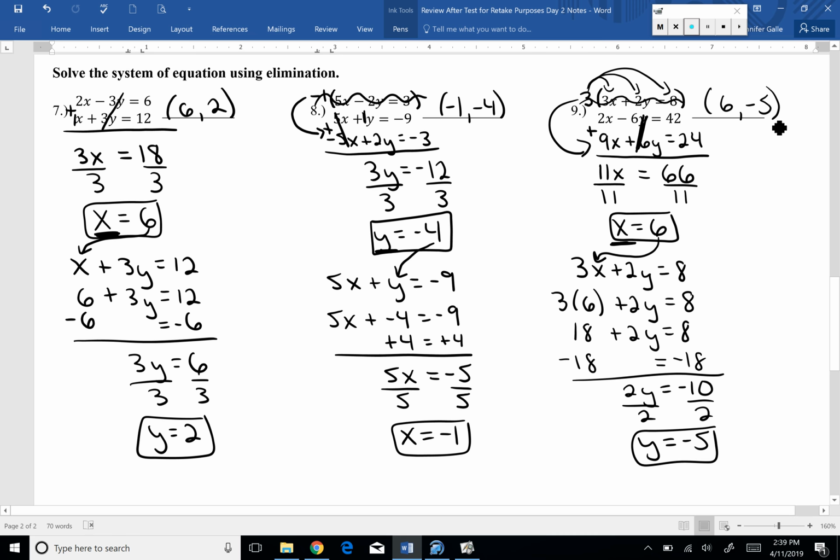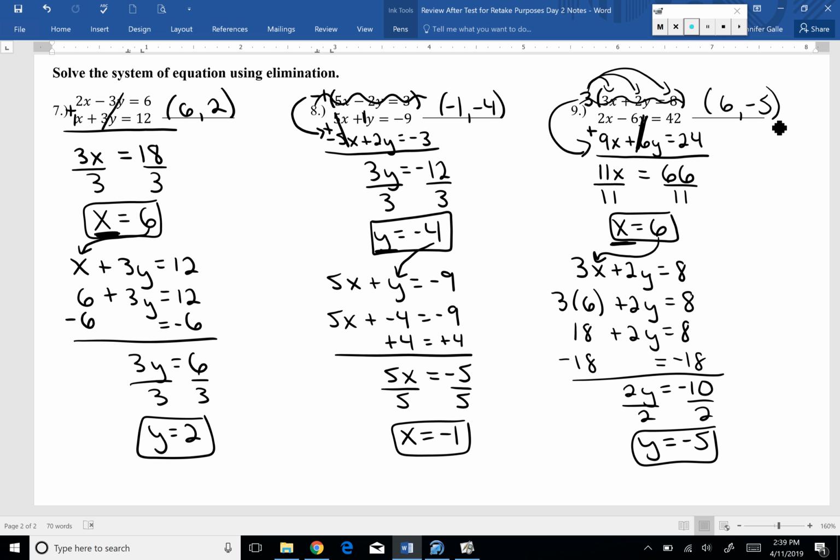So again, with elimination, you need all of your variables lined up though. x and y on the same side of the equation. And then you need a pair of opposites. Sometimes, like in number 7, you already have a pair of opposites. Add, eliminate, and solve from there. In number 8, we were close to having a pair of opposites. We had a 5x and a 5x. So we multiplied by negative 1. So we got opposites. In number 9, we had to do some multiplying, so we turned both of our y's